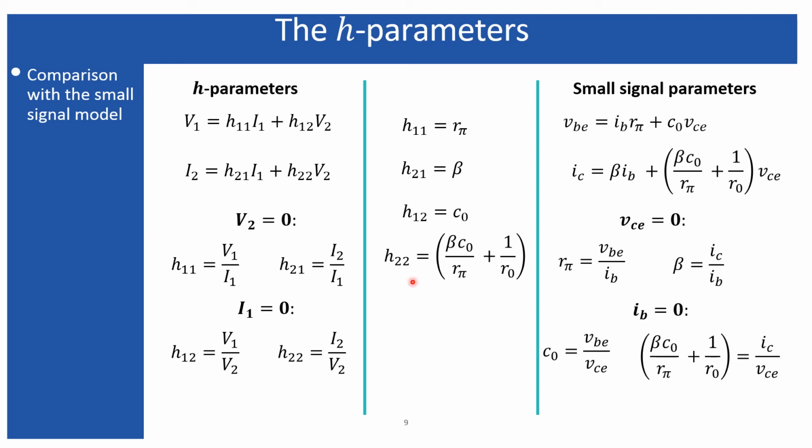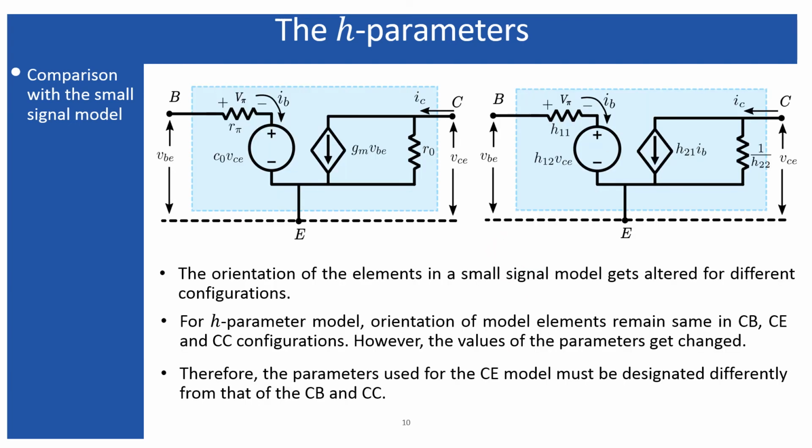And as in my last slide we have seen that h22 is nothing but the admittance, and from here also you can see the h22 is equal to the ratio of the output current to the output voltage. So that obviously will be related as the inverse relation with the impedances. Let's check out these two circuits I have placed side by side for comparison purposes.